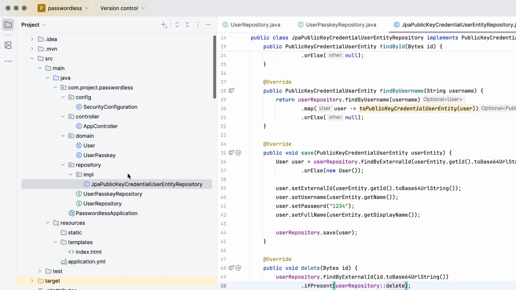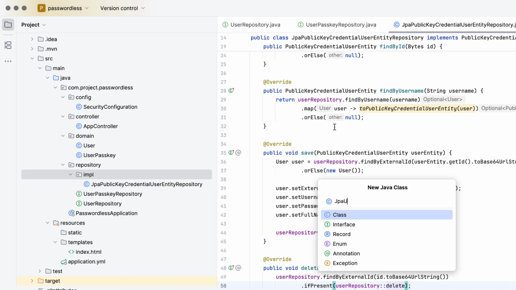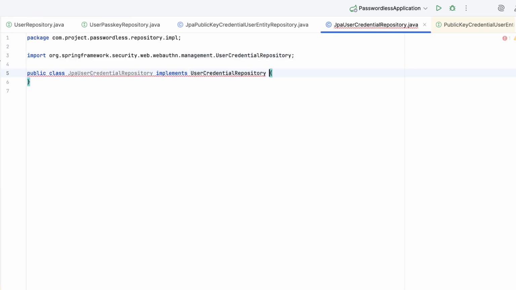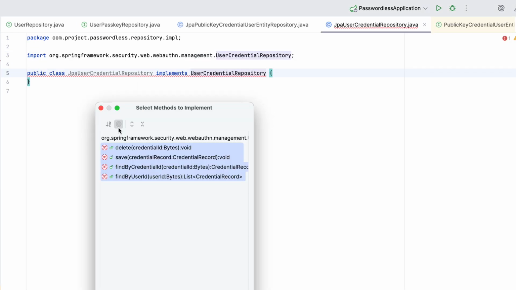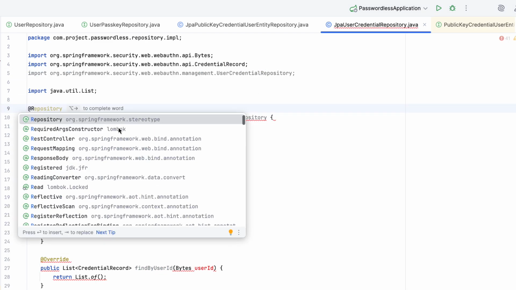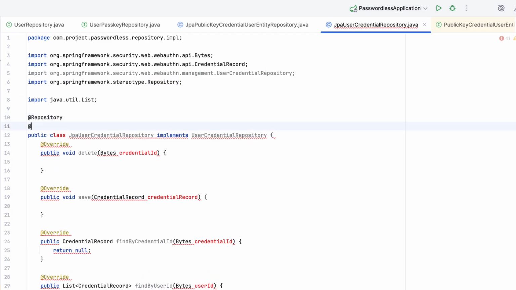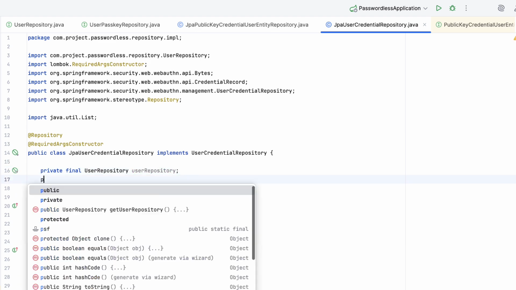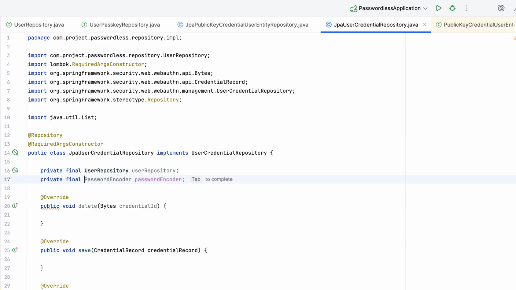We start by creating a new class called JPAUserCredentialRepository. Our class will implement the User Credential Repository interface. And as before, we have to implement 4 methods. We will annotate our class with the @Repository annotation and the @RequiredArgsConstructor annotation. We need to access both user and user passkeys entities, so we will inject the user repository and user passkeys repository